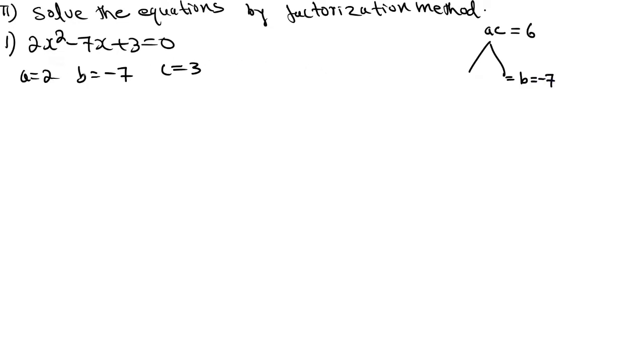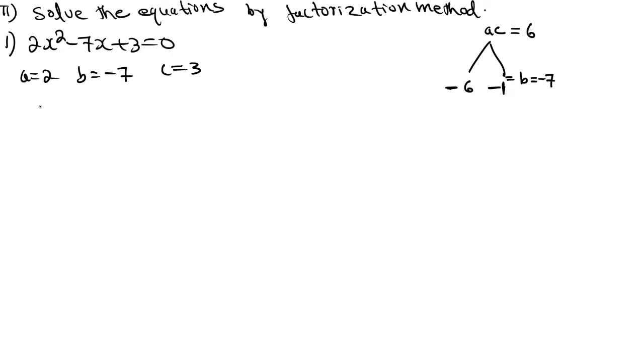So you need to find two numbers such that multiplying you have to get 6, but adding you have to get minus 7. Find the number. You can take 6 comma 1, but 6 into 1 is equal to 6, but 6 plus 1 is not equal to minus 7. So here I am taking minus 6 and minus 1, because minus 6 into minus 1 is plus 6, minus 6 minus 1 value is equal to minus 7.